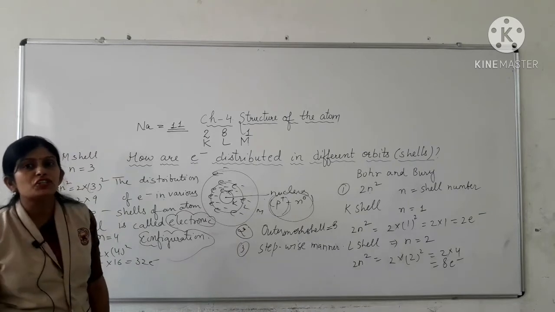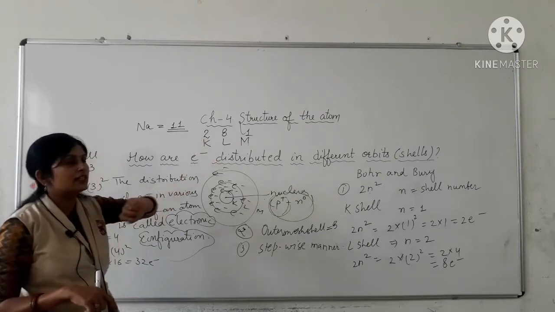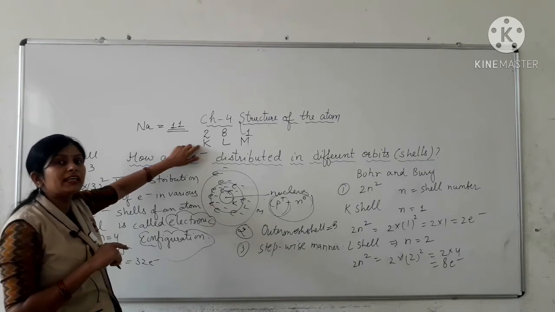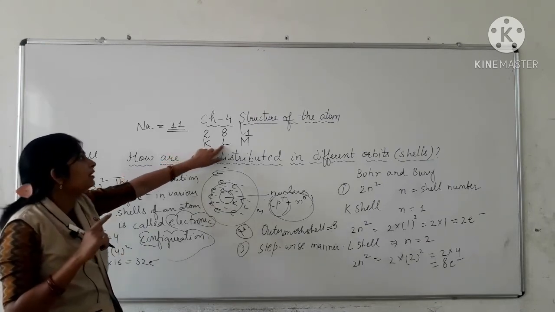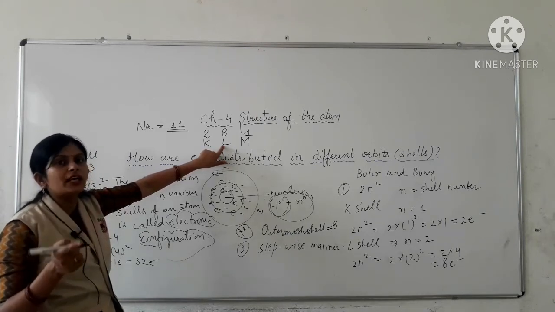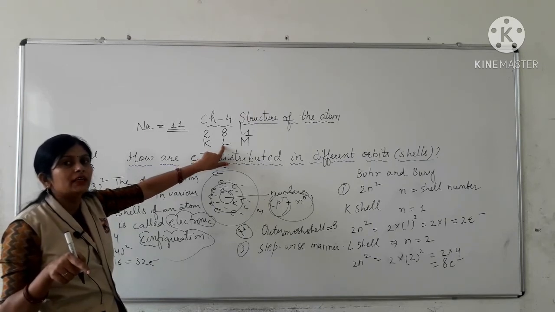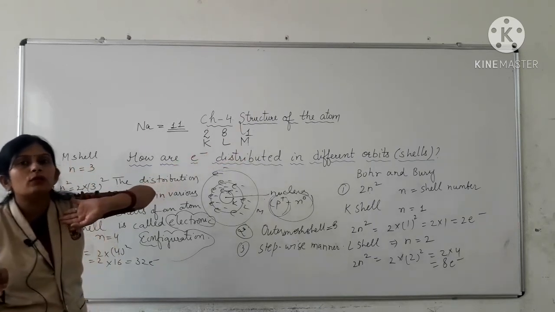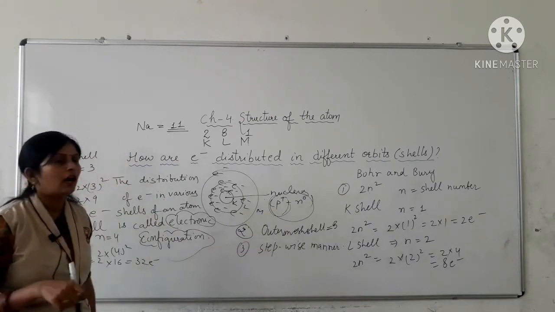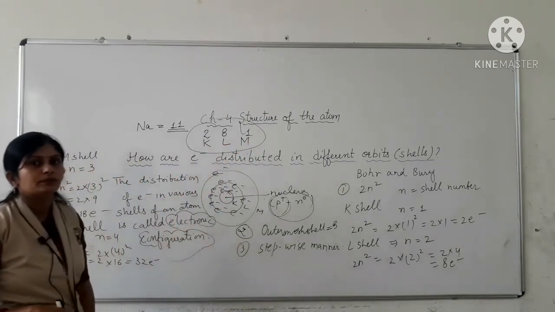Third, fill the shells in a stepwise manner. First, electrons fill the inner shells. So, firstly, electrons fill the innermost shell K completely with 2 electrons. Then electrons move to the second shell L and fill it completely with 8 electrons. Then the remaining electron moves to the outermost shell M. So this rule is also followed. So now we have the electronic configuration of sodium, that is 2, 8, 1.